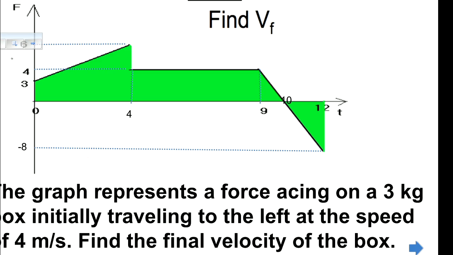An example. Let's say we have a graph. A force changes in time differently. All we have to do now is just apply straightforwardly everything we just said. And the graph gives all the numbers. So what do we need to do? Just read the numbers.